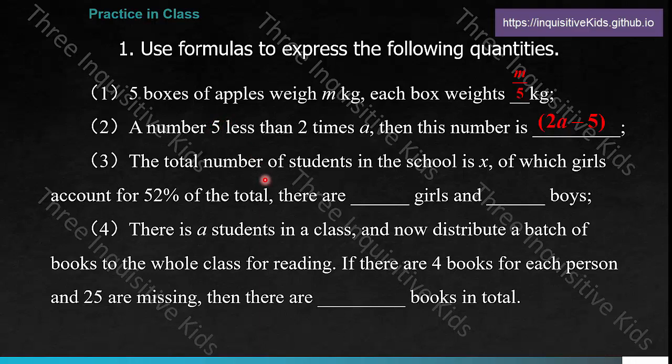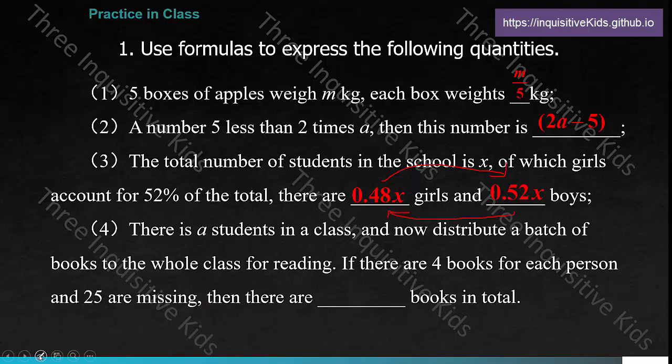3. The total number of students in the school is x, of which girls account for 52% of the total. There are 0.48x girls and 0.52x boys. Okay, so don't get me wrong, this is actually supposed to be in different places. So there's supposed to be